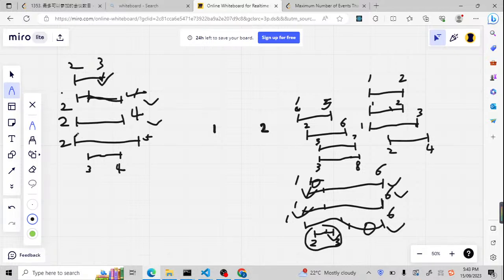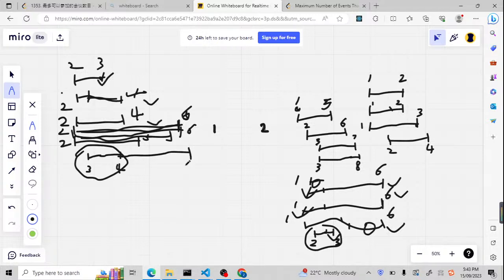So it's a similar example. If there are a lot of events from 2 to others, actually it can finish. But in this case, if there are a lot of events from 2 to maybe 5 or 6, a lot of 2 to 6, from the start point 2 to 6, and this is 3 to 4, this means you will miss this event because you are sorting it according to the end event. If this end event is from 3 to 7,